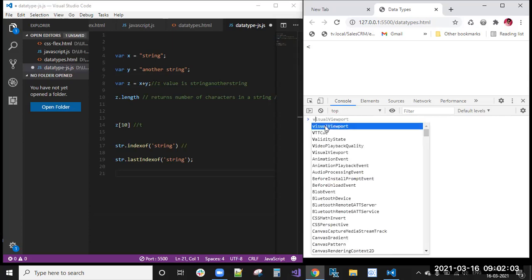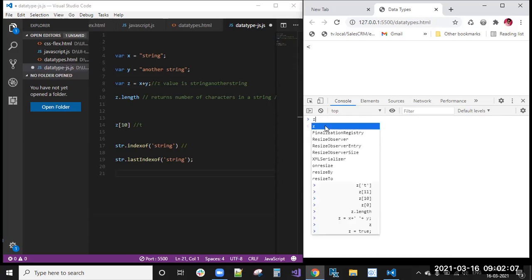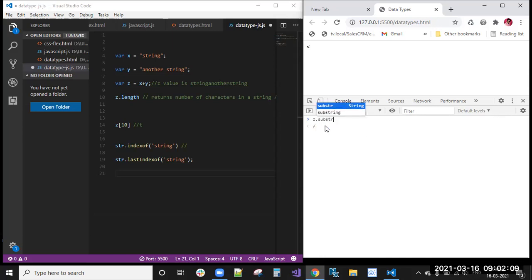We have one more method, the substr method. This substr method and the slice method are similar, but in the slice method we have a starting index and an ending index.